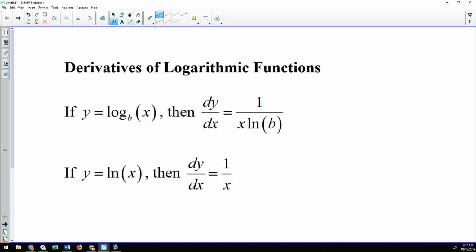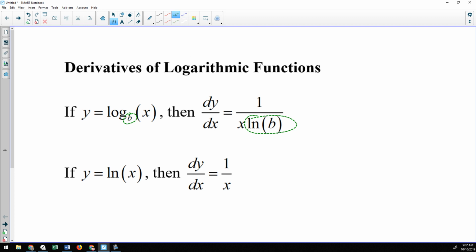So you have to remember that in the denominator, you multiply the x by the natural log of whatever the base is. That was a terrible job of circling. There, that's better. If it's a natural log, then the derivative is just 1 over x, and the reason you